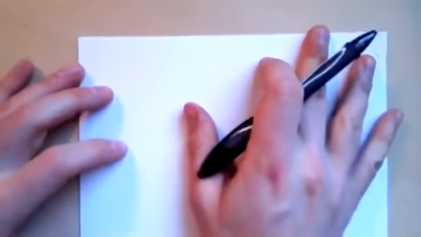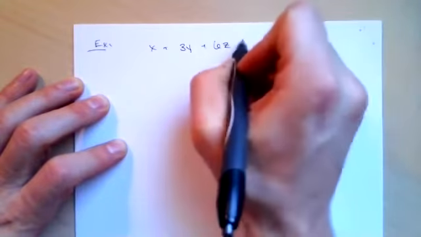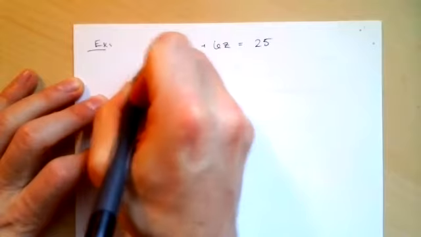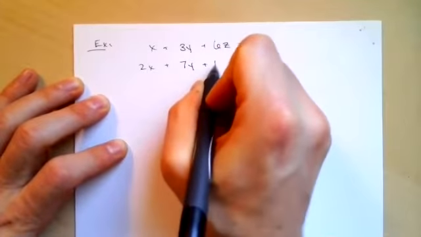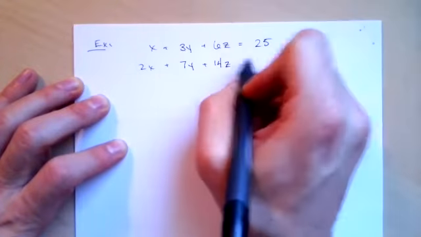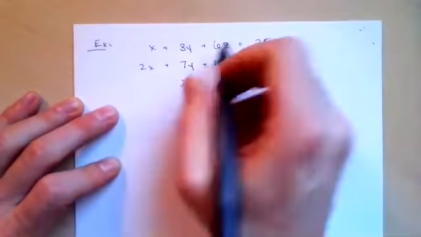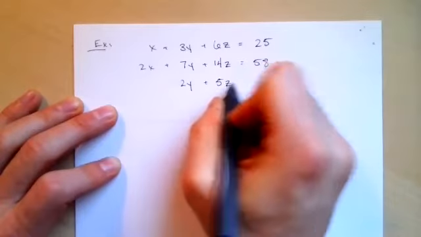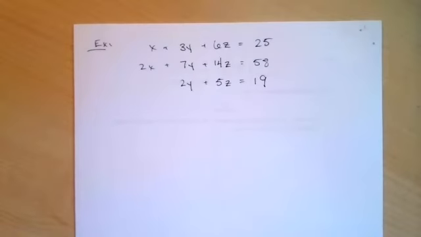Let's do one more example. We've got a bigger example. We've got x plus 3y plus 6z equals 25. We've got 2x plus 7y plus 14z equals 58. And we've got 2y plus 5z is equal to 19. So one of the things you're always going to want to do is make sure that